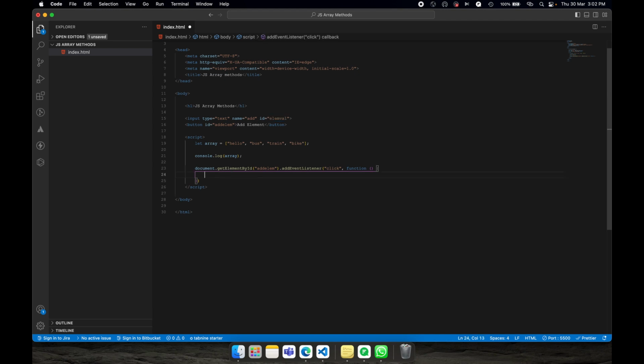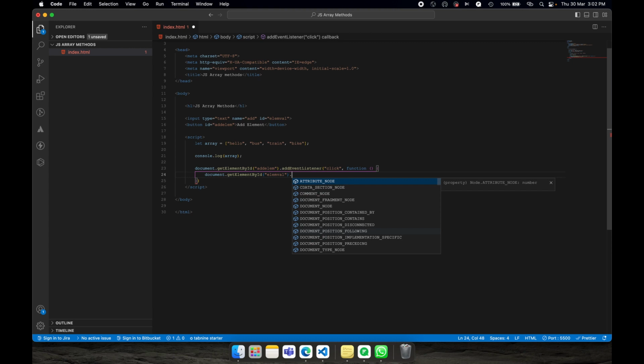Now we will again use document.getElementById, and here we will get this input element, and inside this input element we will put the value that we want to add to this particular array. So we will get the value of this element using this ID. We don't have to use a hashtag here because we are already mentioning document.getElementById having this ID.